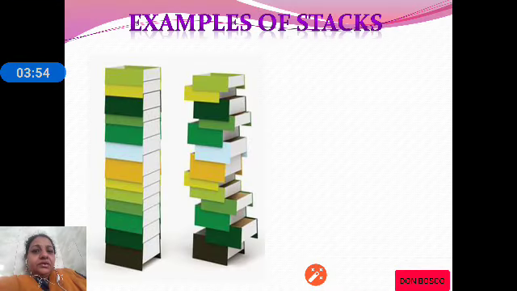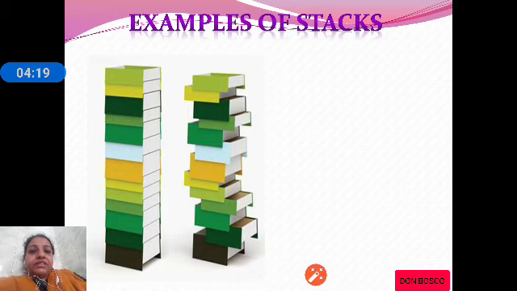Let us see which are the different examples of stacks. In our day-to-day life we have seen stacks at many places. You might have seen a pile of books arranged one above the other. Another example is in a hotel you might have seen a pile of plates arranged one above the other.